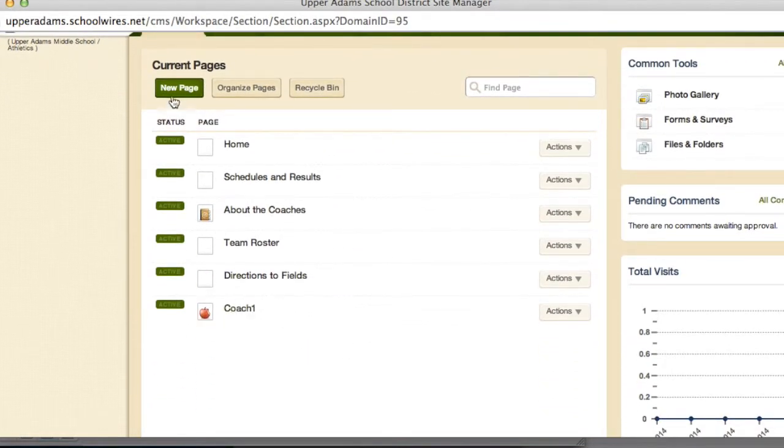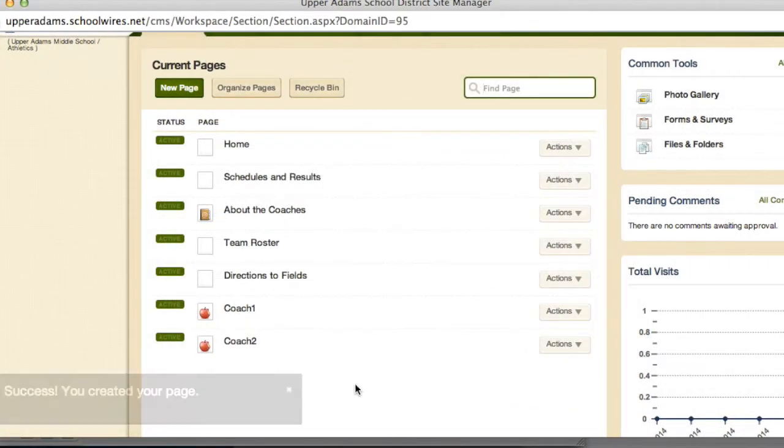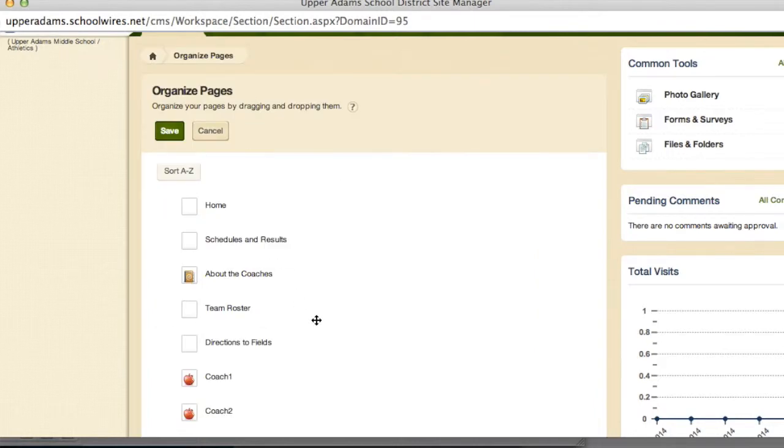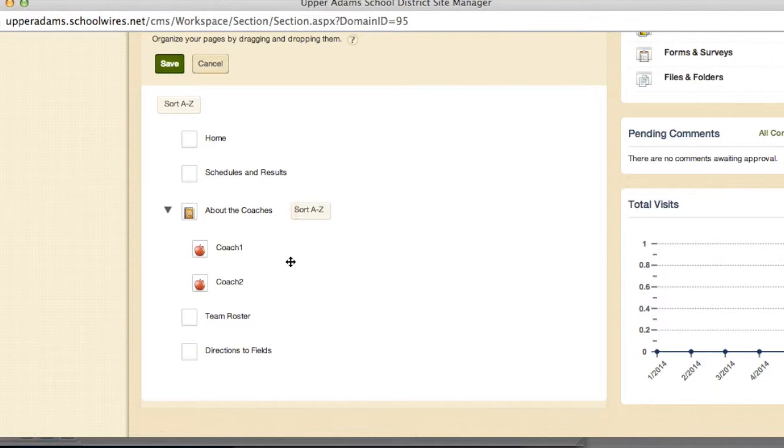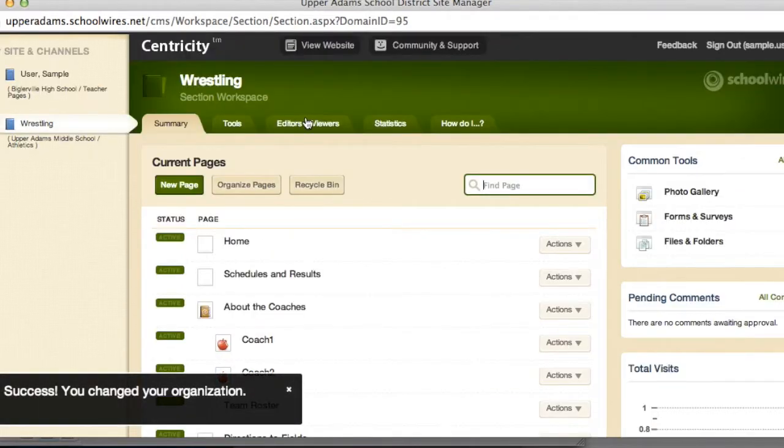But I made this page here, and let me make one more because I want to show you something else that you could do. Instead of having all of your coaches on that one page, maybe what you want to do is just talk about your coaches on this one page. Then make individual coach pages underneath it. And if I click on Organize Pages, you can see that I can click and move these around. If I put it where there's a green line, that means I'm just moving where it is in the stack. If I click and hold, and I drag it so there's this green plus sign and drop it underneath, what that means is that they'll be stacked underneath. So I'm going to click Save,